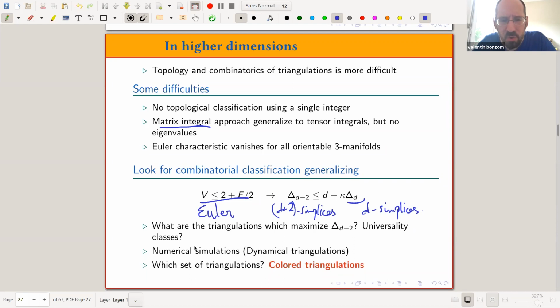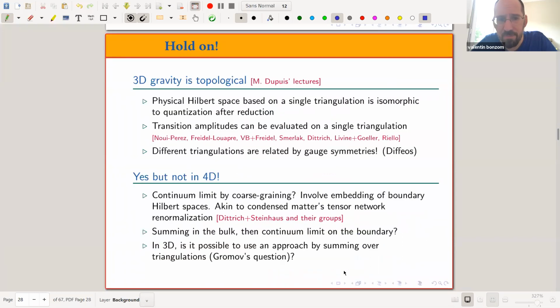And we sort of know what to expect from numerical simulations, called dynamical triangulations, in the 90s. Jan Ambjörn, Renate Loll, Jurkiewicz, this group of people. They did numerical simulations, but can we do more than numerics? And which set of triangulations can be useful for this? So I will use something called colored triangulations. But hold on,